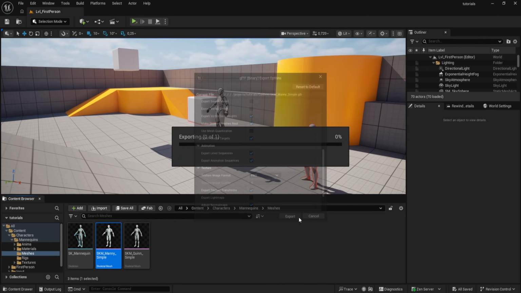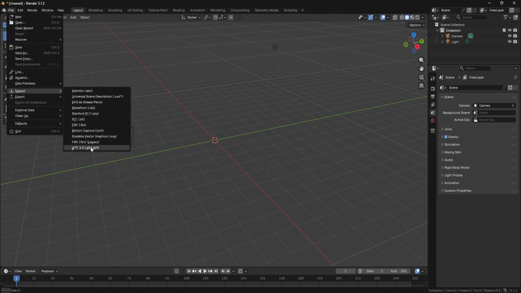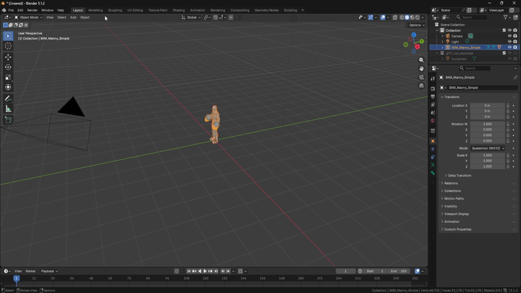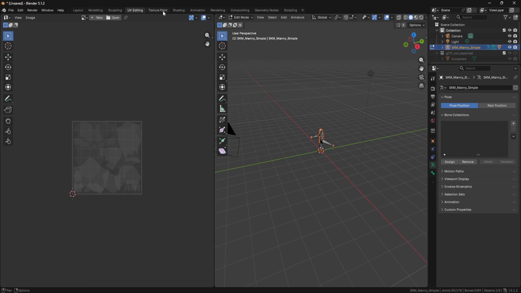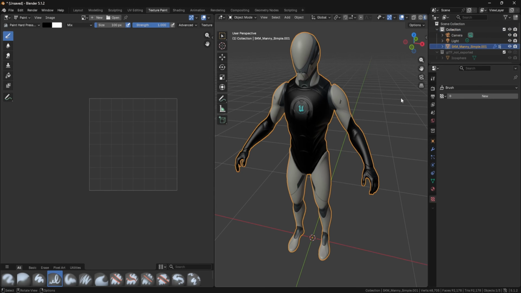The import process is similar. Just open up your modeling software, import, but then select GLB instead of FBX. If you're using Blender and you want to see the textures, you can go to the texture paint tab. I will also remove the pose here with all the bones as I don't need them, but feel free to